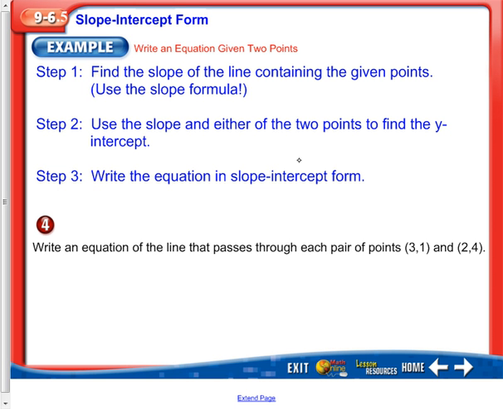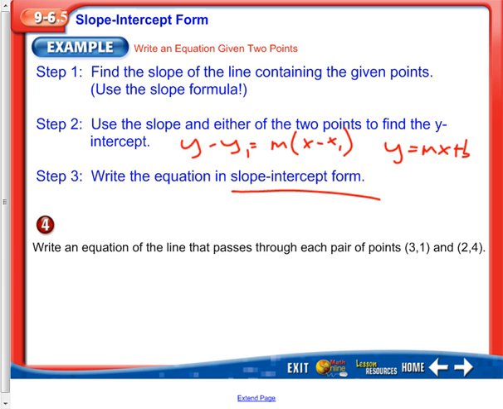So then when I'm given 2 points, we can find the slope of the line containing the given points using the slope formula. And then we're going to use the slope and either of the 2 points to find the y-intercept. Again, you can do that 2 ways. You can do y minus y1 equals m times x minus x1, and that's shown in the second video. So if you're looking for another way to do this, watch the second video. Otherwise, we'll just do the y equals mx plus b form and solve for b